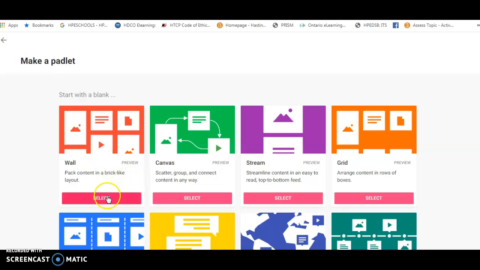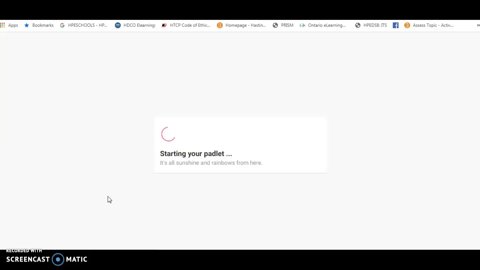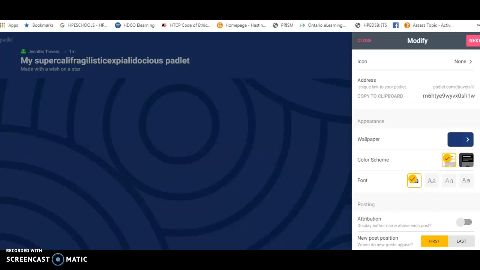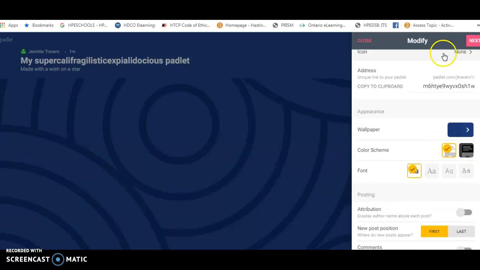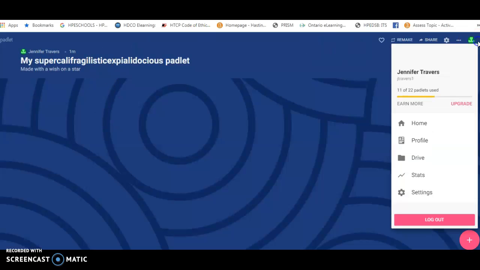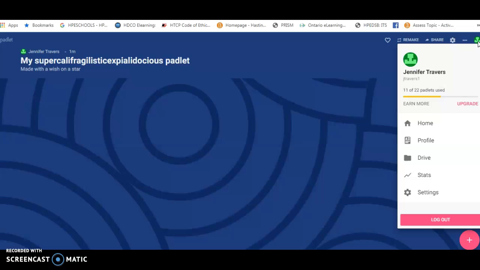You can make it any form that you would like. I would recommend wall, but that's just me. It'll organize it for you. You can customize a number. You can title it, create your description, and go through all of the things. You can create a color scheme, a background. You can go through all of those. I'm not going to go through that just for sake of time. So say this is the background that I want to make. That's where you go back in to change any of the things that you would like to do. Here's the key thing. You don't need to pay for the upgrades. We're just making a basic